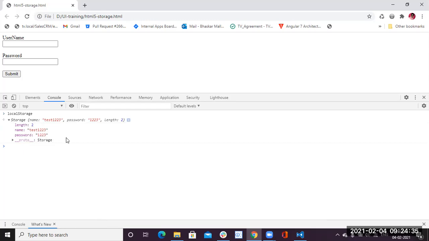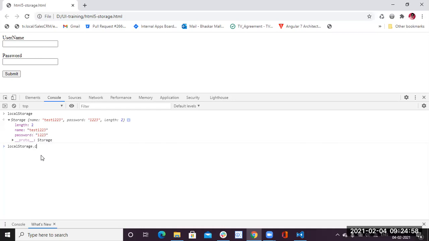This name and password will go away from the local storage only when I clear the local storage programmatically. How can we clear the local storage? I have told you about getItem and setItem, right?